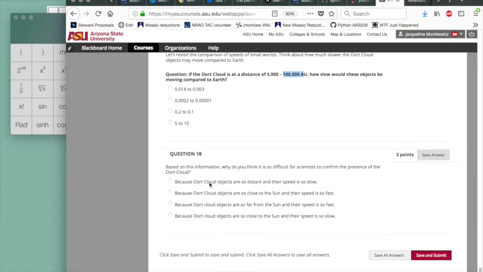And then the question is, based on this information, why do you think it's so difficult for us to confirm the presence of the Oort cloud? So quick word about the Oort cloud. The Oort cloud is the other major area where comets and minor planets hang out. And we know almost nothing about it. The only reason we really think it's out there is because of the existence of long period comets that come in on nearly hyperbolic orbits,